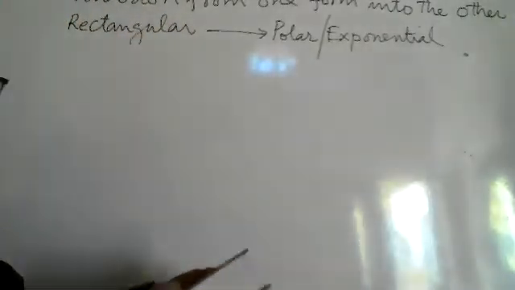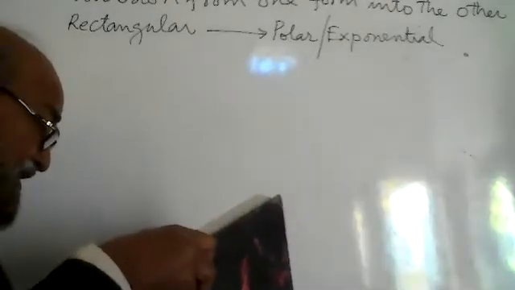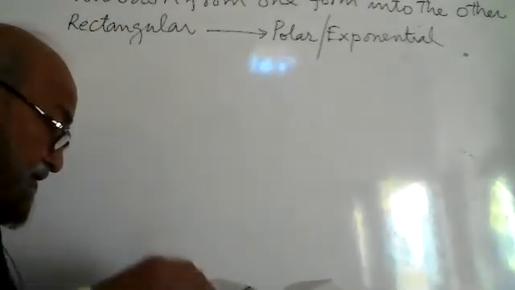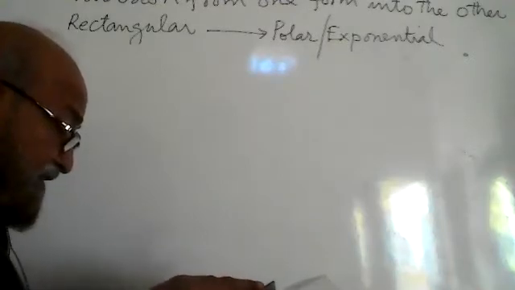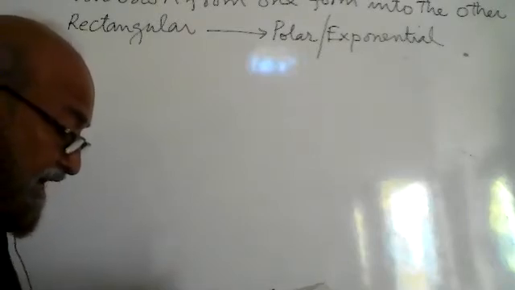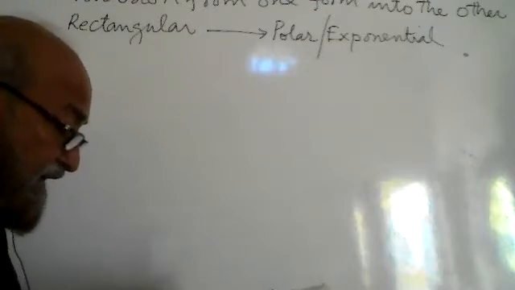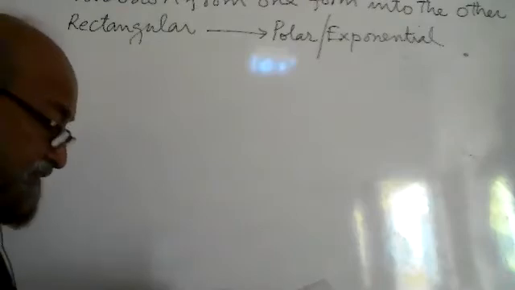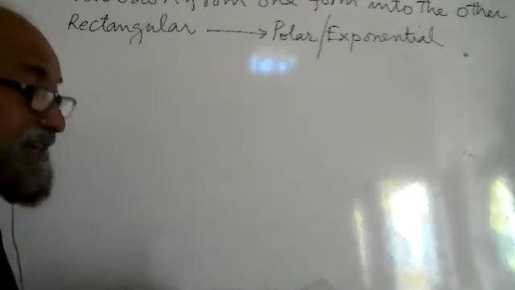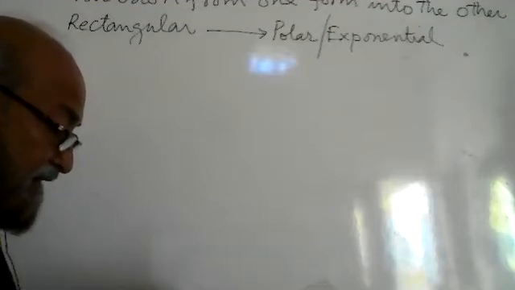We are doing exercise 11.3, question number 37. Use a calculator to convert each complex number to polar form. Express the argument to the nearest tenth of a degree. Nearest tenth means 1 decimal place. Nearest hundredth means 2 decimal places. Nearest thousandth means 3 decimal places. So nearest tenth means 1 decimal place.